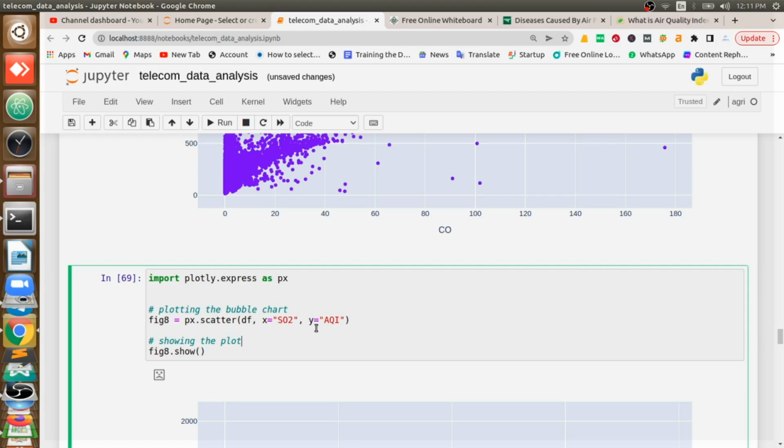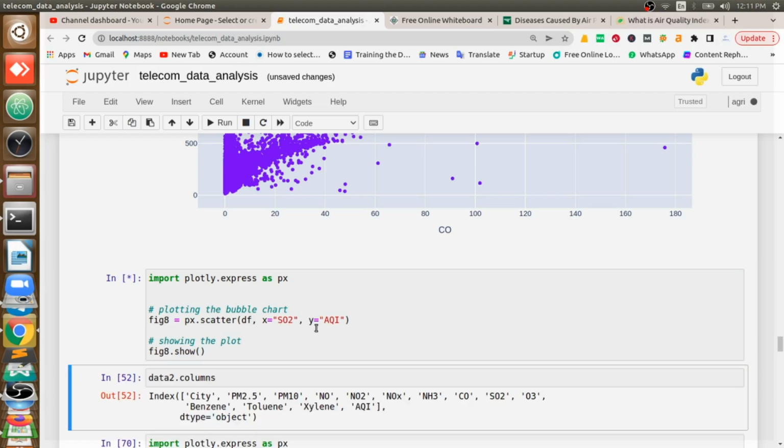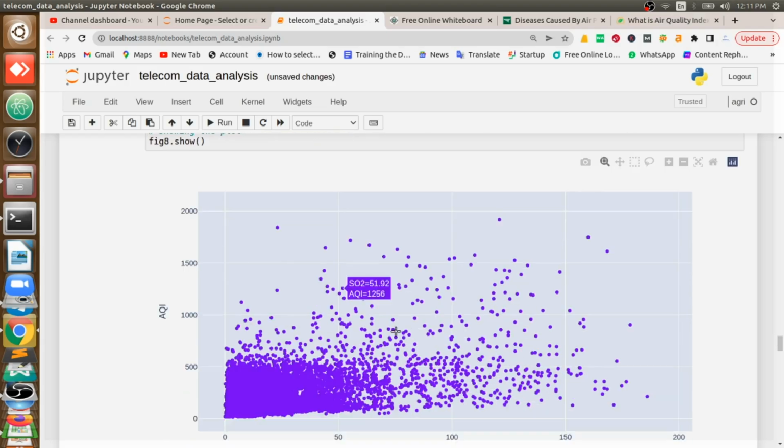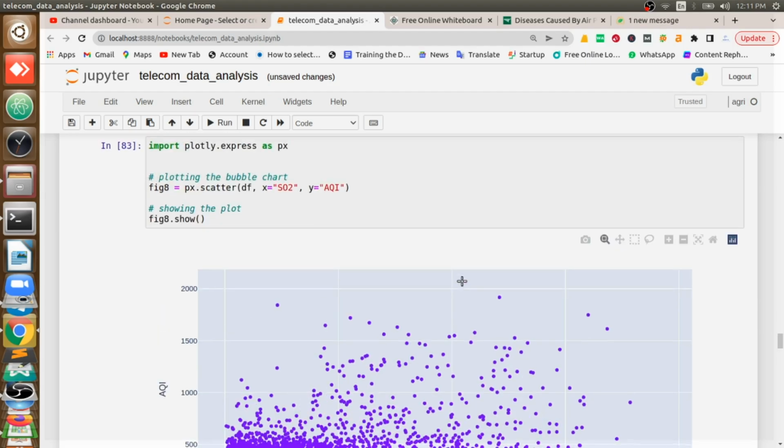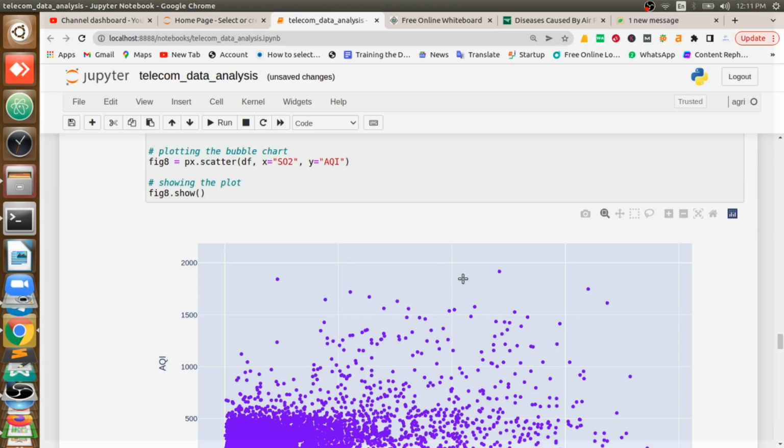And then we'll see the relation between SO2 and air quality index. The situation is almost the same here. With an increase in SO2, the air quality index increases more.